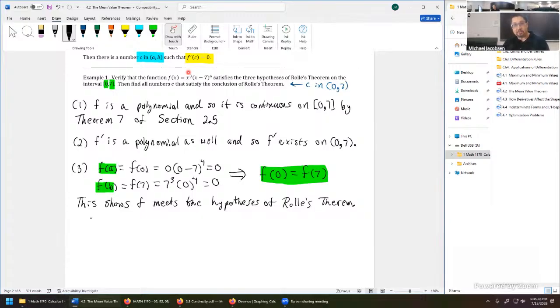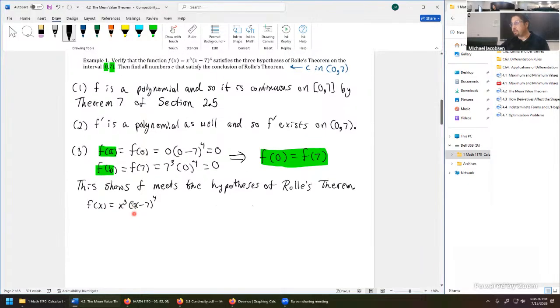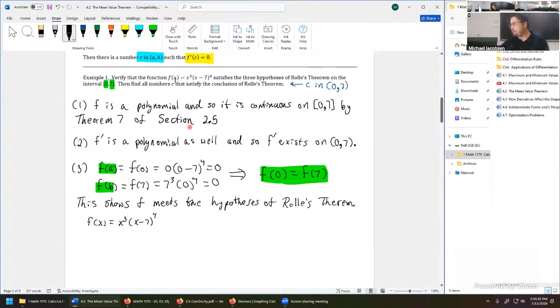Let me copy it down here just so it's more easily available. f of x is x cubed times (x minus 7) to the power 4. We need to differentiate this function, but that's just going to be a product rule setup. I'm already using up a lot of colors, so we won't color code this one. The derivative of f at x